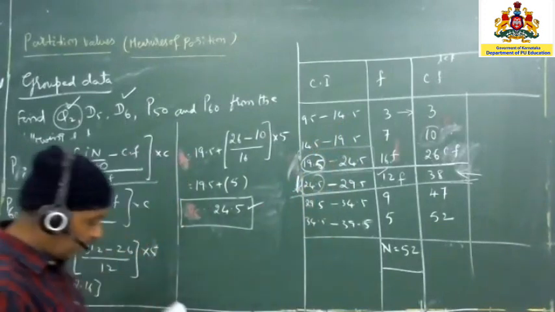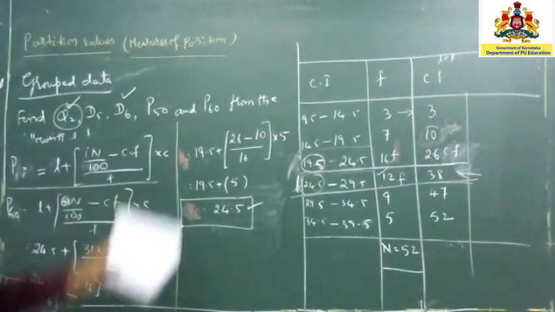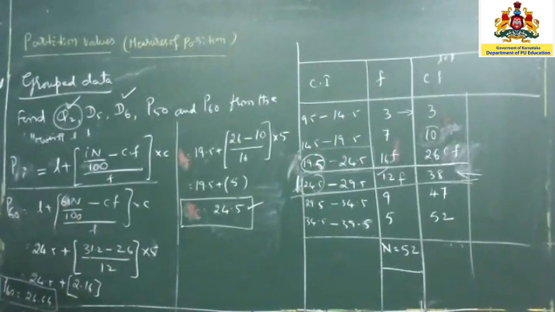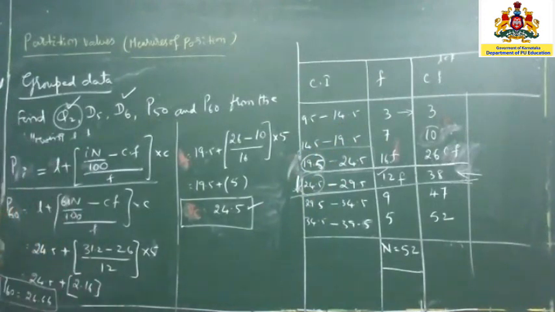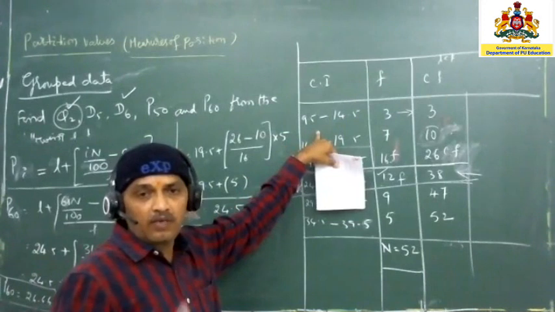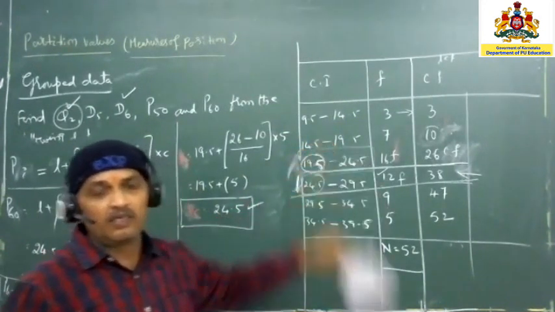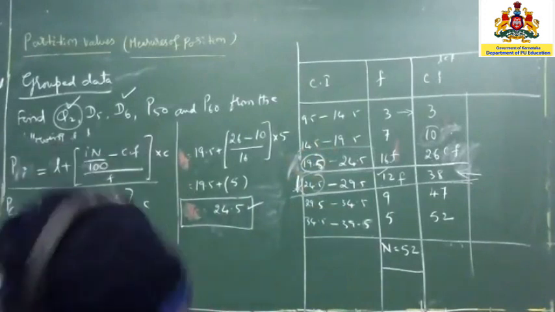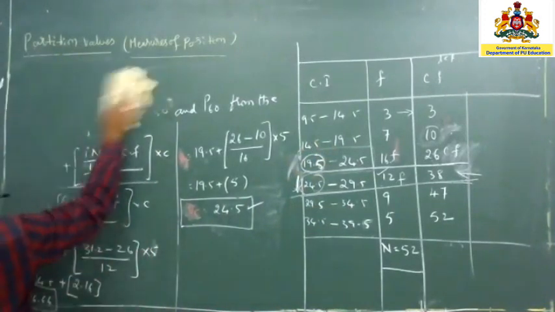Now sometimes they are going to ask the same thing, the quartile, deciles and percentile of some number, P60, D60 like this. So what you are going to see is they are going to change the class interval. It will not be in the form of a continuous, inclusive or exclusive class. It will be in a different format. So there are two different types of problems we are going to have under grouped data.